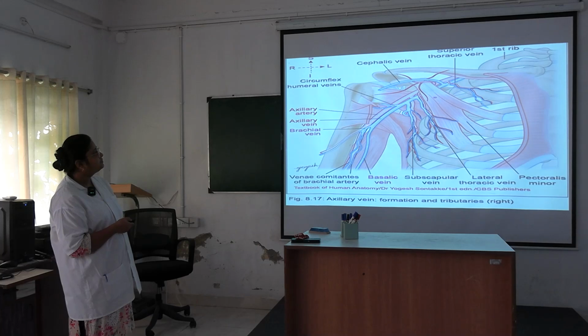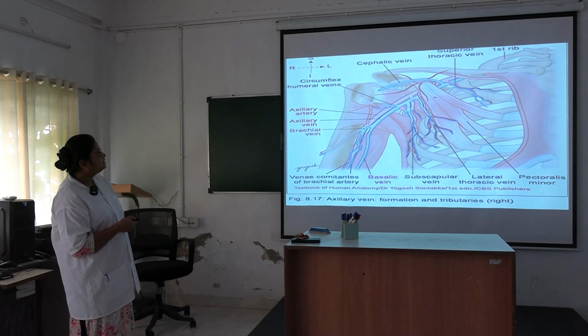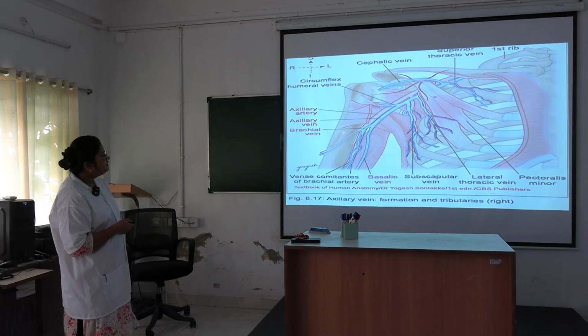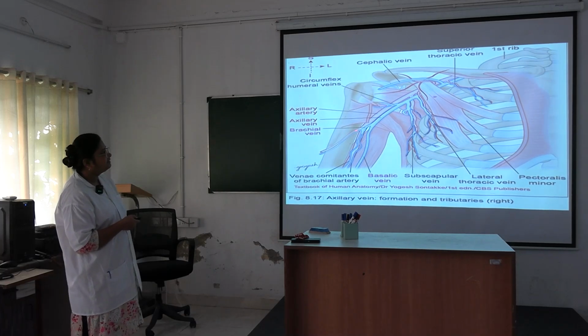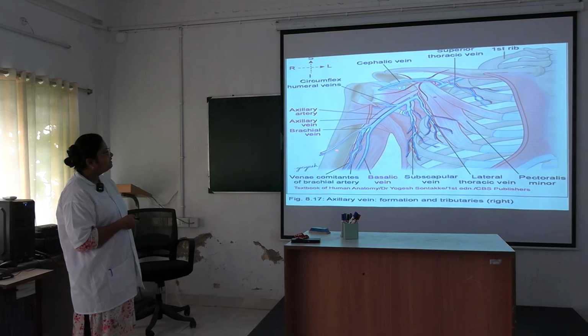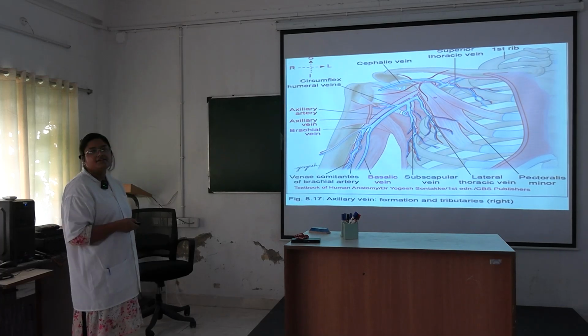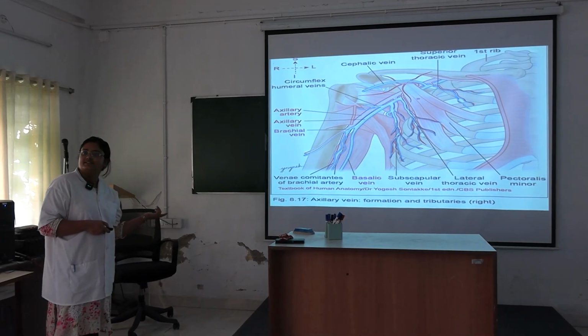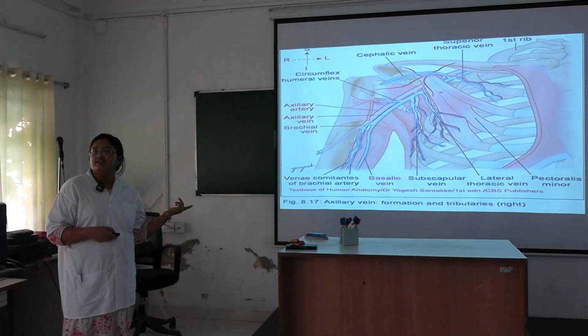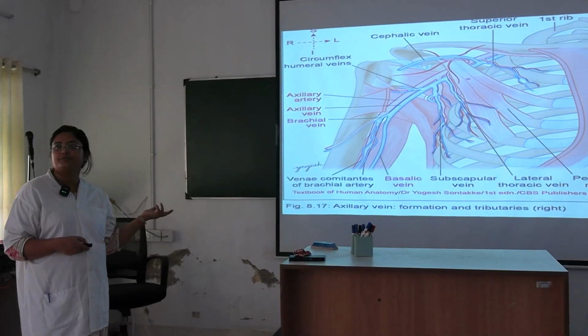The relation has been shown, axillary artery, axillary vein. And see here, this is the profunda brachii artery, okay, the main branch from the brachial artery. Profunda brachii artery along with some veins are lying. So, these are profunda brachii vessels, okay. These profunda brachii vessels will lie with the radial nerve in the spiral groove of the humerus.